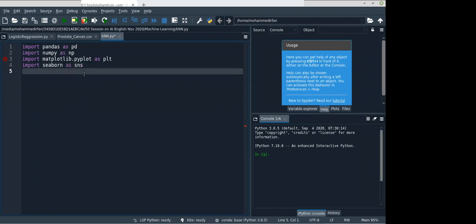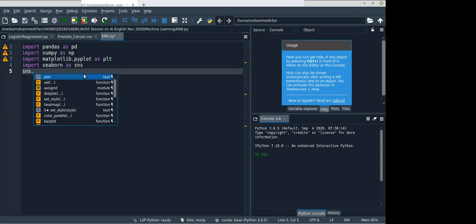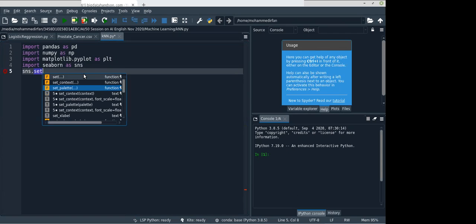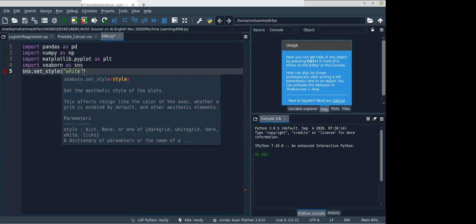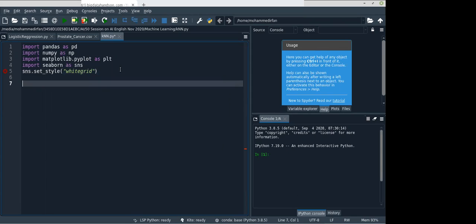Then I'm going to set the style of the plot using seaborn, sns.set_style. Here you can give the style: it has whitegrid or darkgrid or just white or just dark. So I'm giving whitegrid. Okay, so now let's run this program.